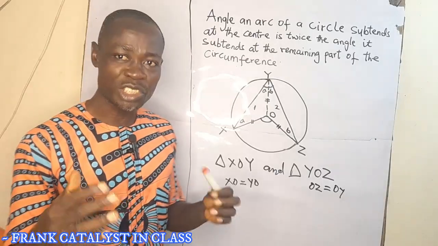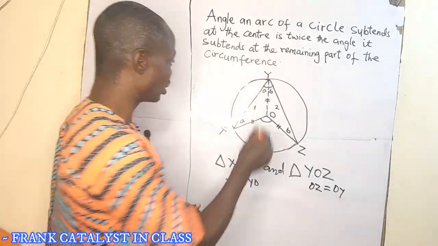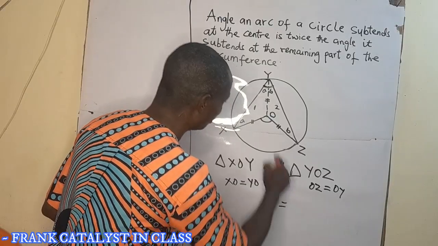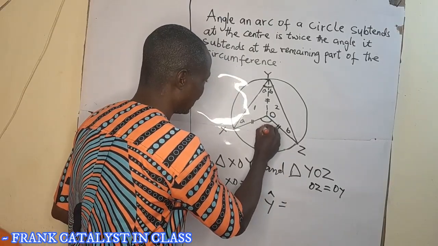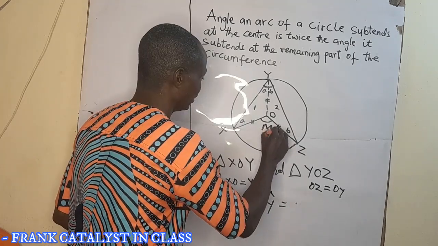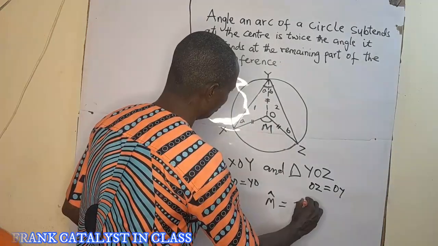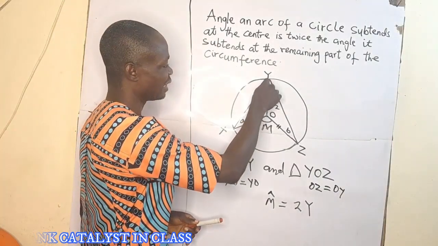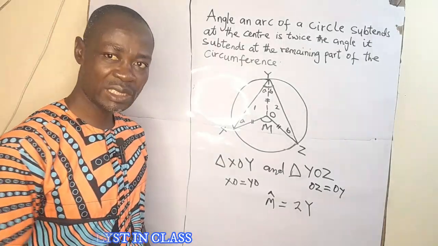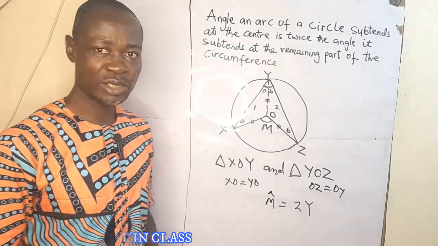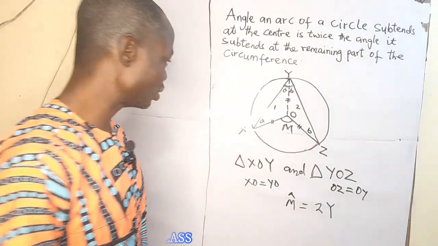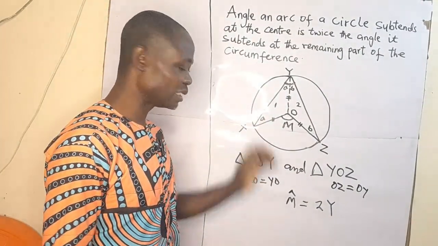So these are the things that you need to understand. And you need to also recall that the angle at the center is equal to 2 times the angle at the circumference. So let me call it M here, so M is equal to 2Y. So when we multiply angle Y by 2, it is M. So these are the things that you need to pay attention to. You need to understand it so you won't be having any issue solving any problem. So once you can understand this, everything is